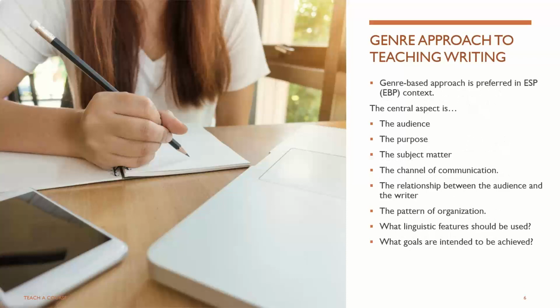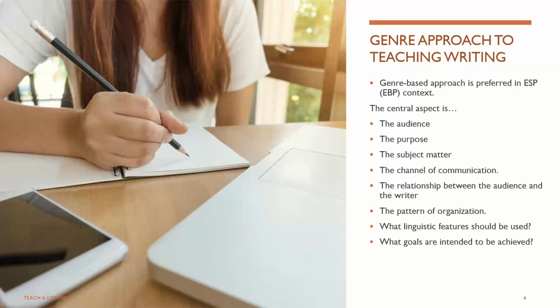This approach is mostly used in ESP classes. ESP classes means English for Specific Purpose classes. An example of this is English for Business Purpose classes. This approach has been proven very effective for ESP and EBP classes, because in this, the central aspect is the audience. It means when writing a piece, the audience are considered, the purpose of writing is considered,